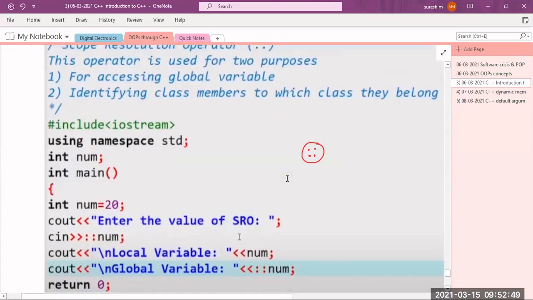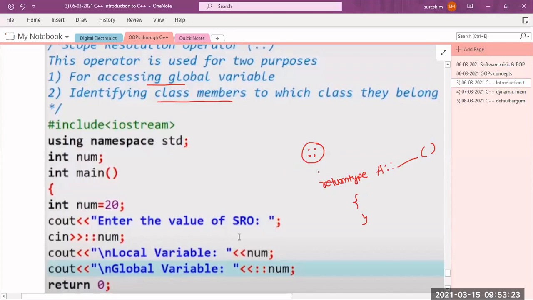then I can say that this member function is defined belonging to that particular class. And the second one is if I want to access the global variables. So I want to say that this member function belongs to that particular class. How do I do it? That is nothing but the return type, then the name of the class, then the scope resolution operator, and the name of the function with parameters. This is if I want to define the member function outside the class.